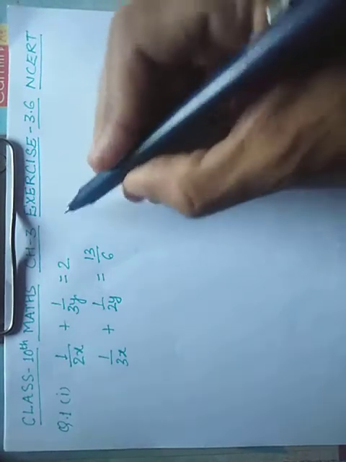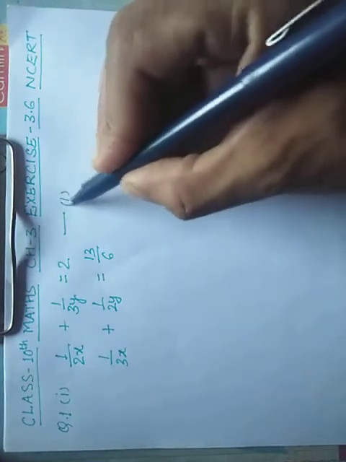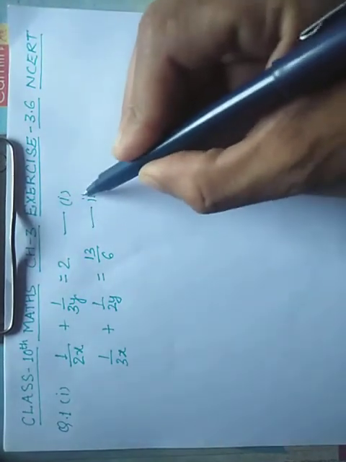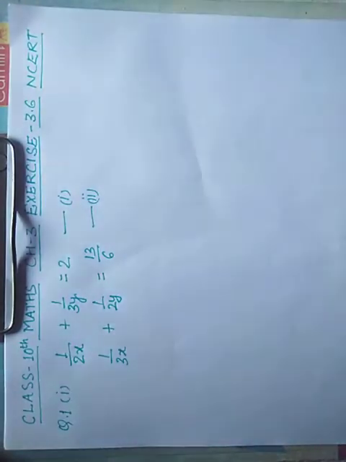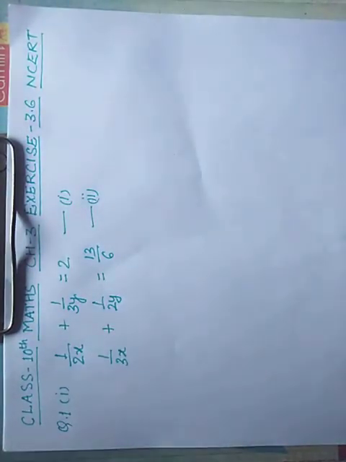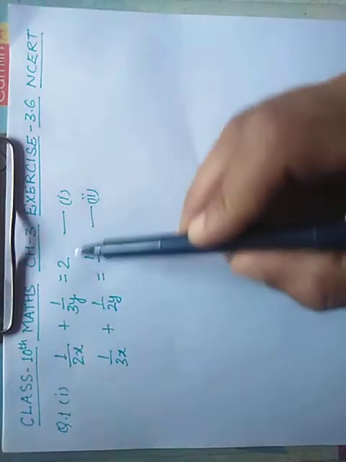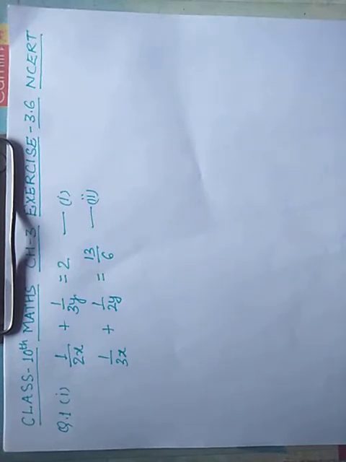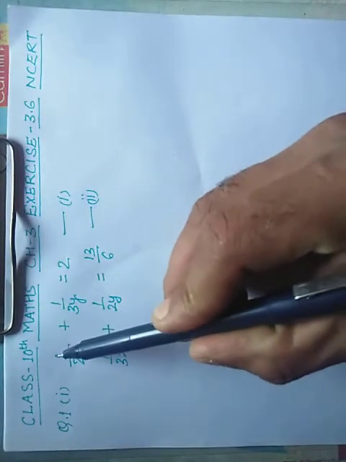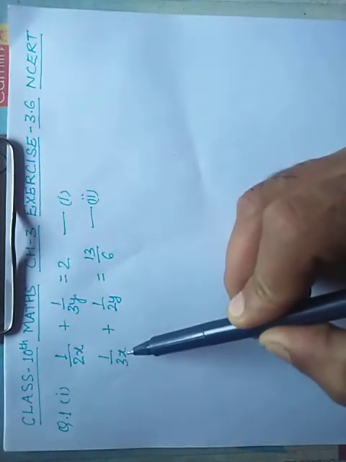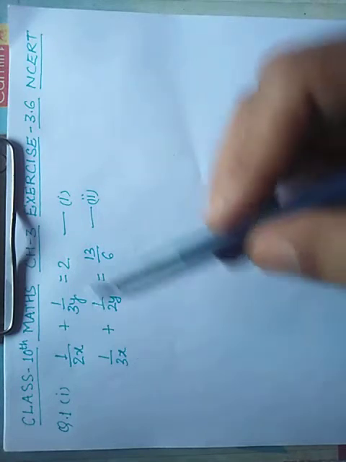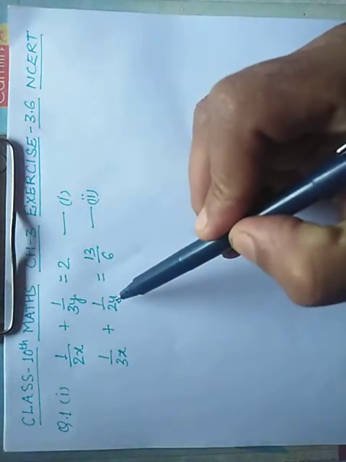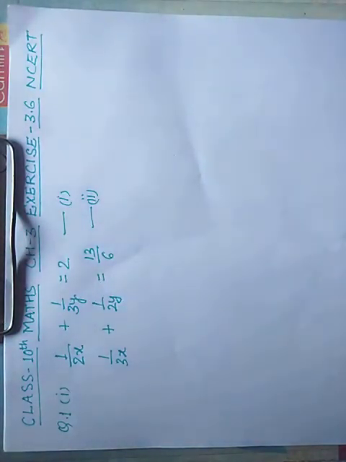Okay, we can consider them as equation 1 and equation 2. So we have this pair of equations. We can reduce it to a pair of linear equations. So here we see that 1 upon x is in both equations, 1 upon y in both equations, right? So we can